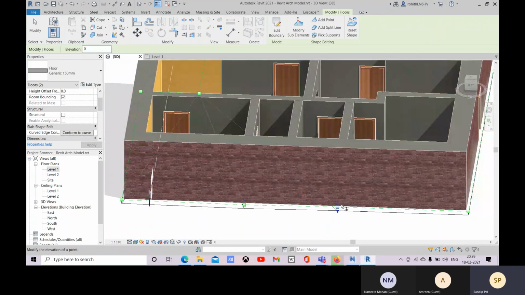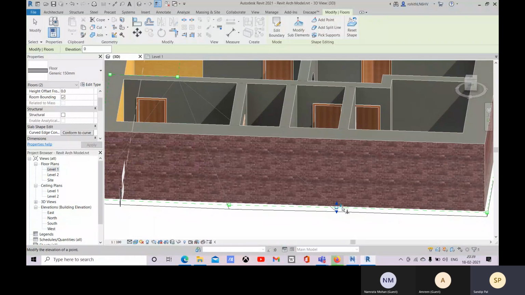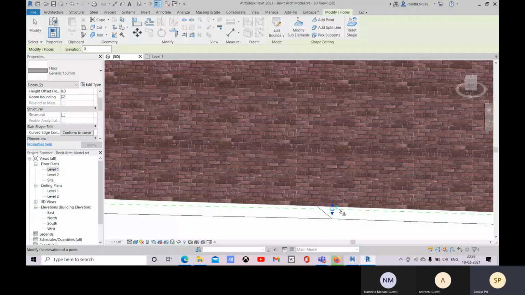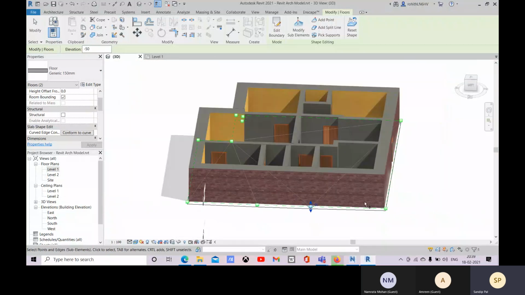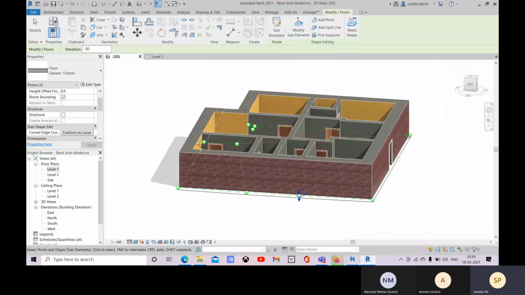And for this also, the same, you can go with this value, click on this, -50, enter, and there you have created. Okay, so you have done it.